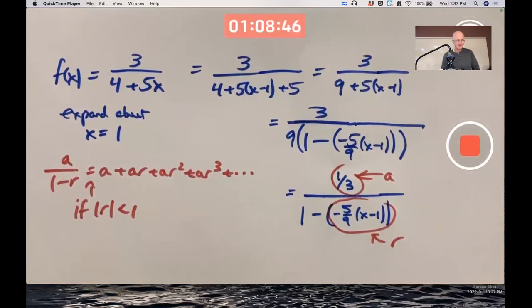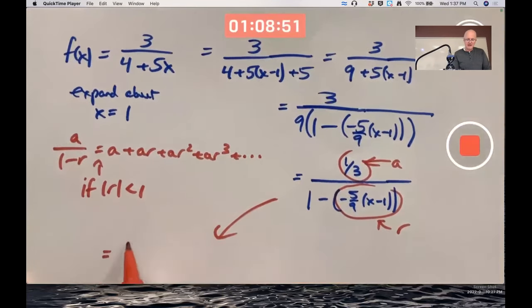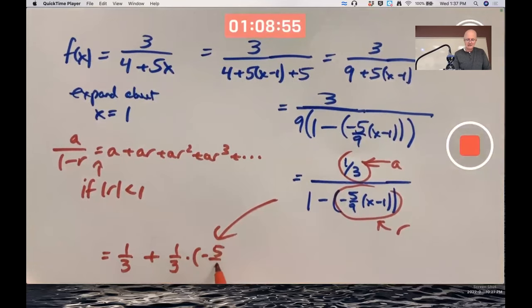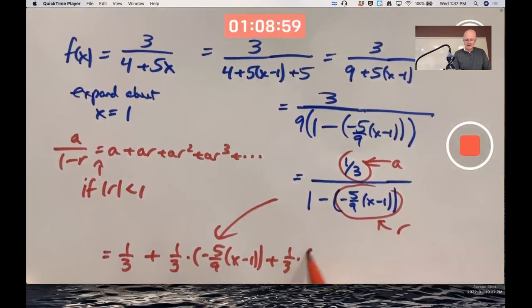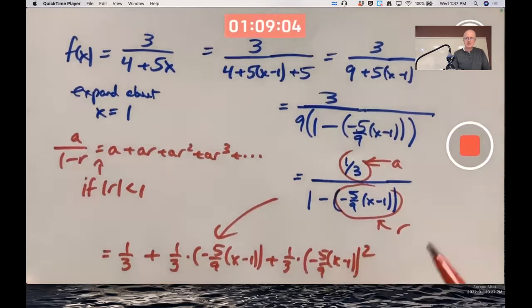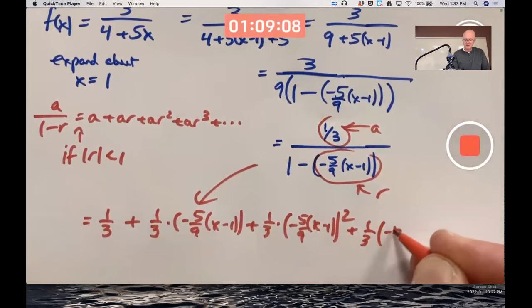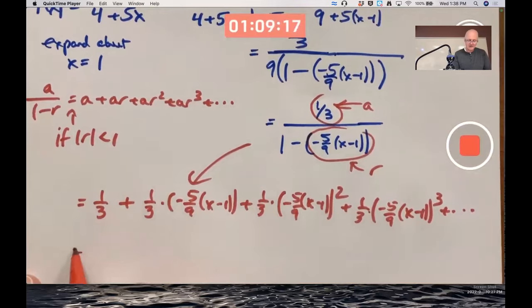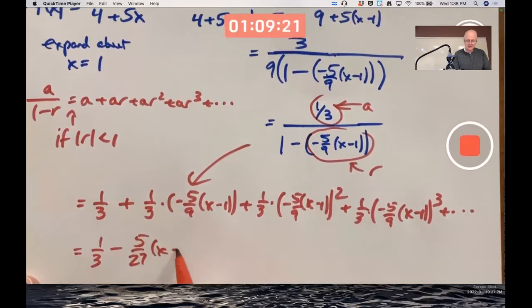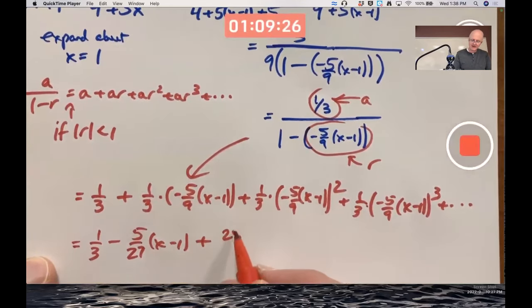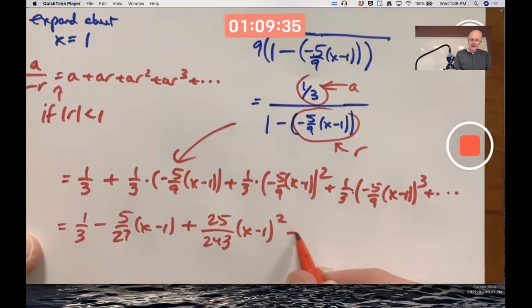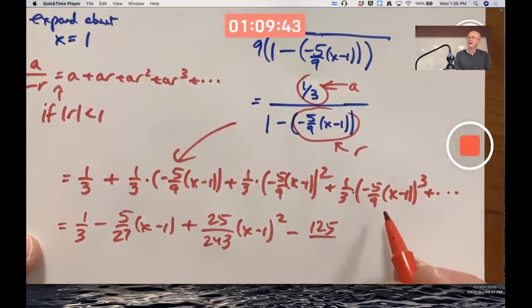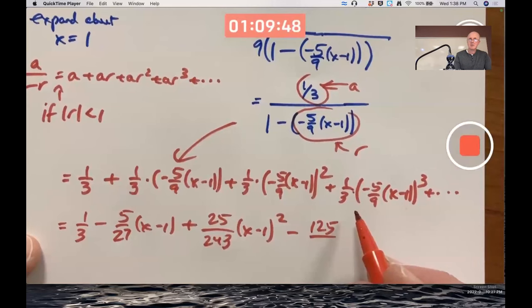So now use the geometric series formula to say this equals, first of all, a 1/3 plus a times r plus a times r squared, use parentheses like I'm doing, plus a times r cubed plus dot, dot, dot. Simplify. 1/3 minus 5/27 times x minus 1 plus negative 5 squared is positive 25 over 9 squared is 81 times 3 is 243, x minus 1 squared. Then minus negative 5 cubed is negative 125, over 9 cubed, 729, times 3 is 2,187,